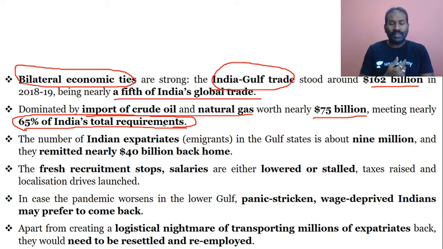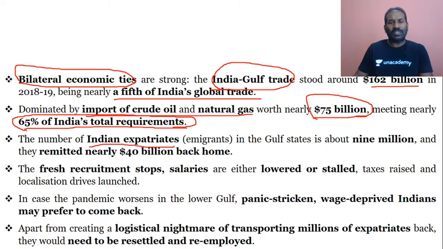So when we are paying, that means our import bill on crude oil. Please do understand this key phrase: import bill on crude oil. Import bill on crude oil has come down, that means the billing on the crude oil has come down. So definitely when it has come down, we are paying less to the Gulf countries while purchasing the crude oil. So that is a positive one.